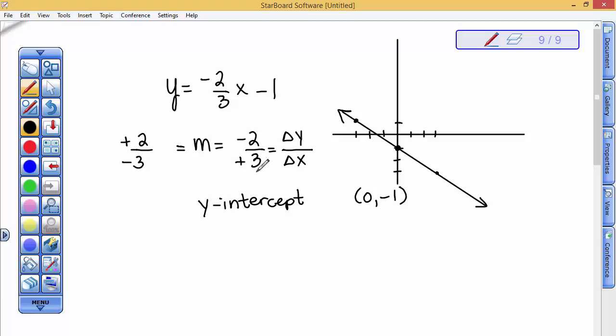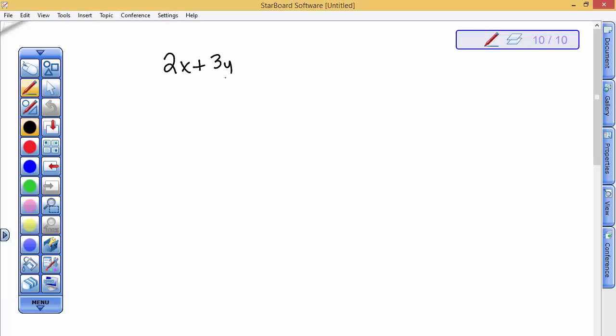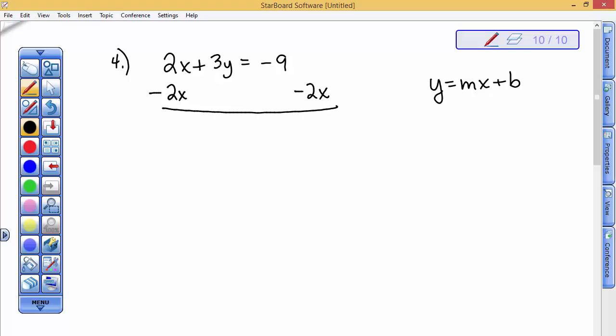The last equation in my document is not very clean, so I'm going to go ahead and write it here. The last equation, number 4, looks like this. This is not in y equals mx plus b form, so y has not been solved for. I have some options here. I could get y alone by subtracting 2x from both sides, and I'll have here a 3y. And then I'm going to flip-flop the order of the 2x and the 9. I'm going to put the negative 2x first and then the